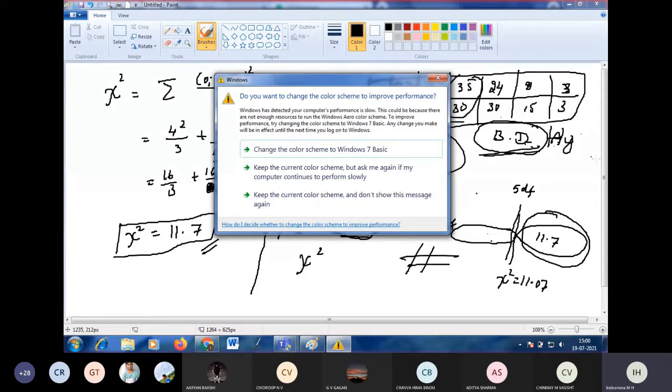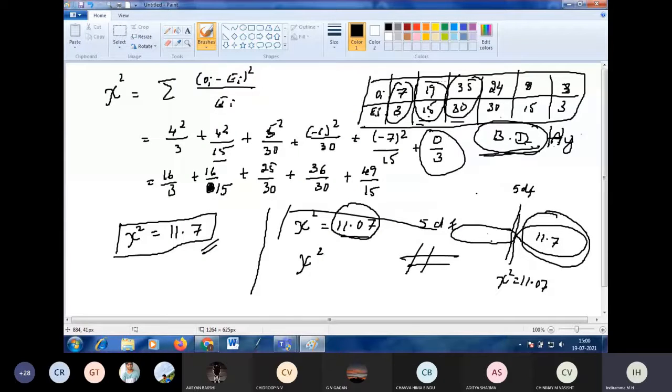After finding the chi-square value, we compare our chi-square value with the given chi-square value. If our obtained chi-square value is greater than the given chi-square value, then it is rejected because the error is more. If the obtained chi-square value is less than the given chi-square value, then the hypothesis will be accepted. So here this data does not follow the binomial distribution. Data may follow Poisson distribution, exponential distribution, or normal distribution, but binomial distribution is not a fit for the given data.